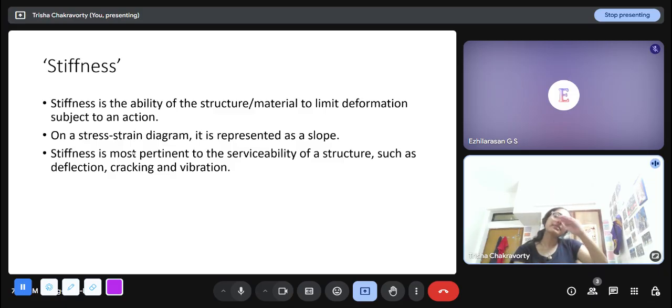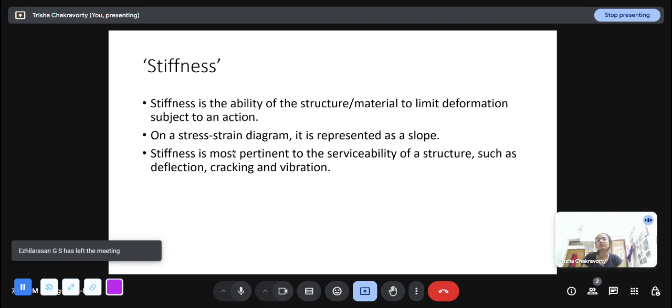So we have seen stress strain curves. You would have seen the stress strain curve of concrete or steel by now. It's not a straight line. In an ideal case, it is a straight line, where stress is proportional to strain, if the material follows Hooke's law, a linear elastic material. Then the slope of the curve is the stiffness. But even when the diagram is a varying one, the tangent will vary, but at any particular point, the slope will be the stiffness.